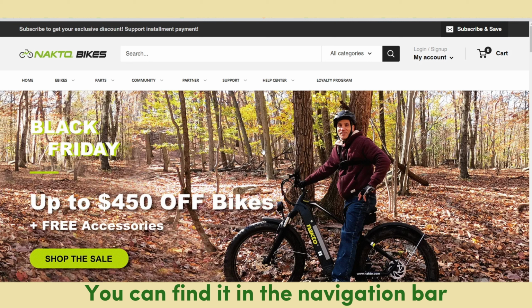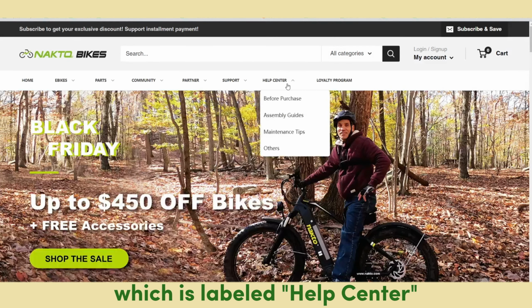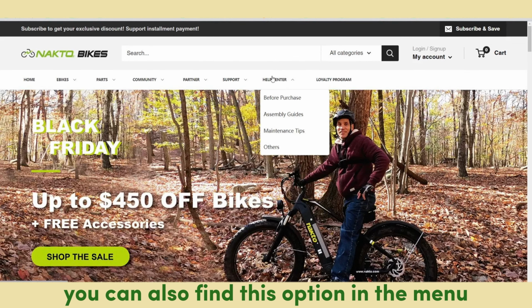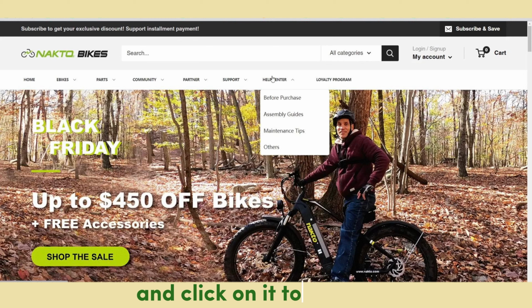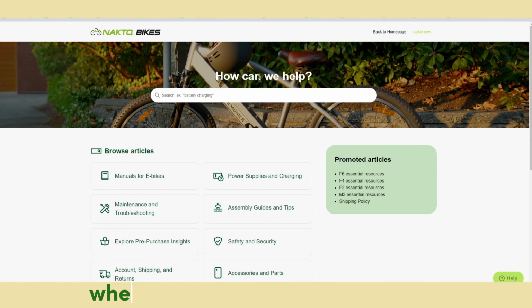You can find it in the navigation bar on the home page of our website, which is labeled Help Center. If you are using a mobile device, you can also find this option in the menu and click on it to access it. You will then see our Help Center page, where you will find the search bar, promoted articles,